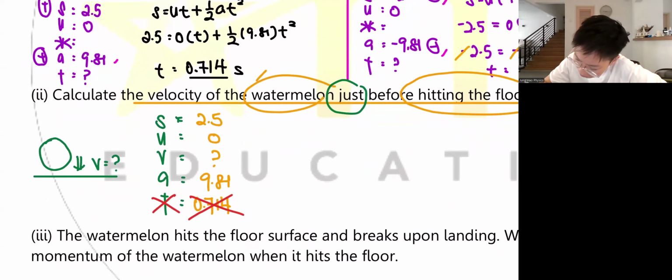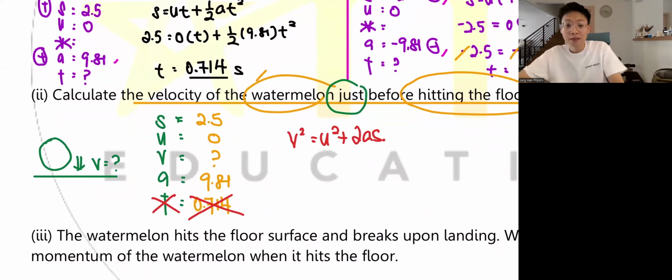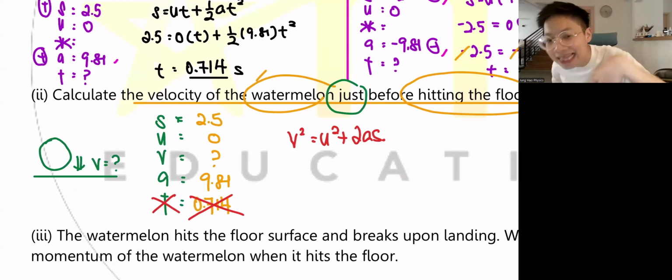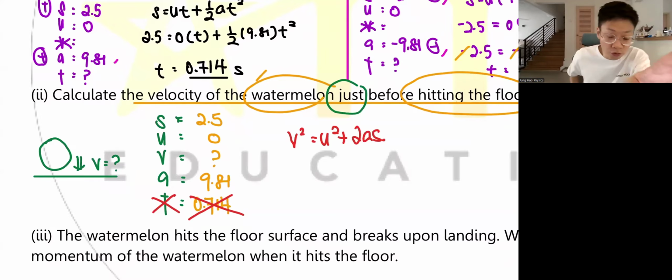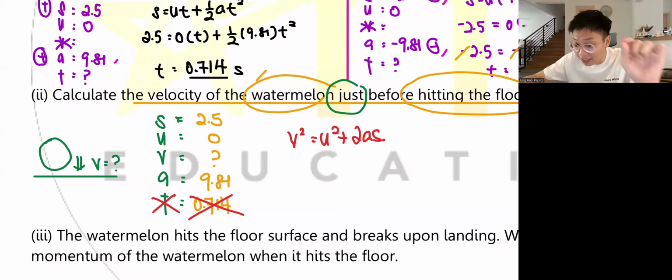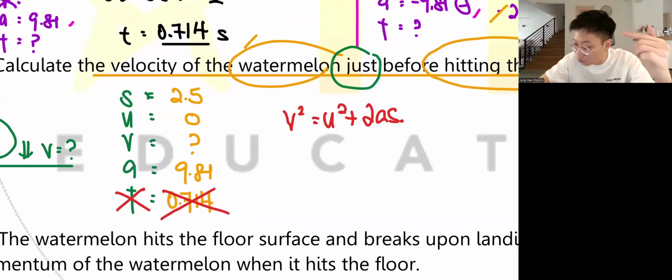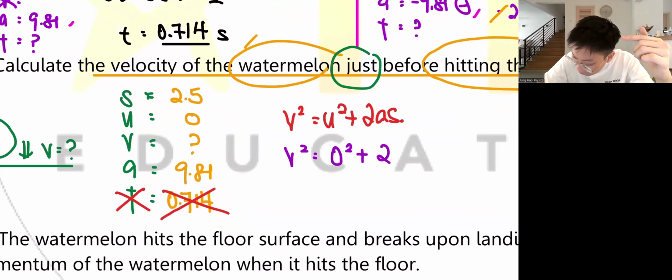Okay, so we will use v squared equals u squared plus 2as. Now, if you go to school, your friend might say, teacher, it doesn't matter one. But I tell you, for that one time when you get careless with your t and then you get it right, wow, you'll be so happy because you will realize that it does save your life, okay?